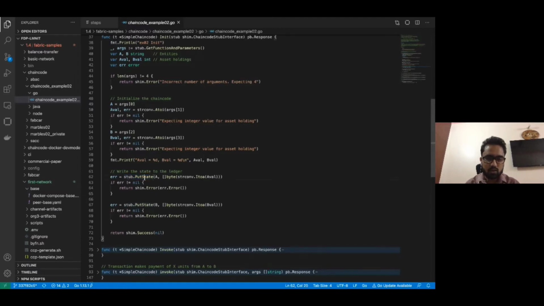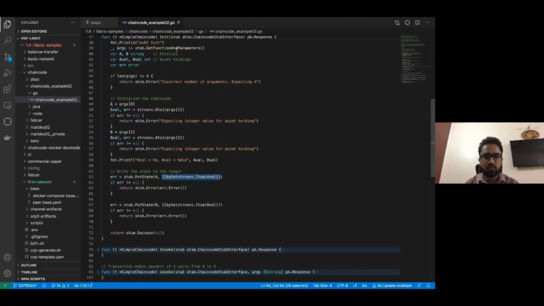Whenever we have to store something inside the blockchain network in Hyperledger Fabric, we have to call this function inside our code, that is stub.putState. The first argument is the variable name, that means the key, and the second is the value. Whatever is stored in the blockchain is just a key-value pair.